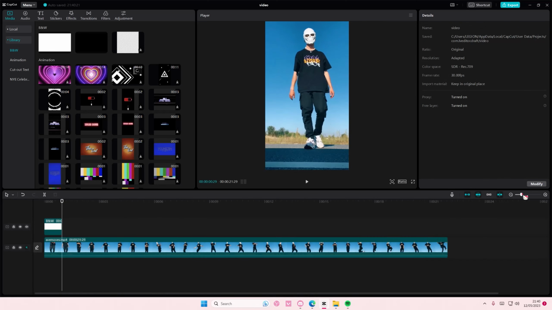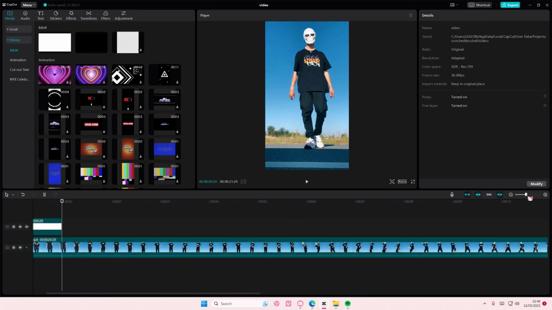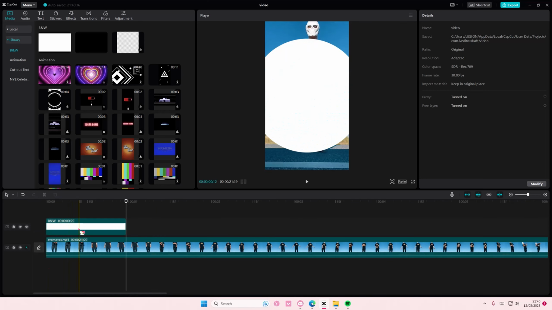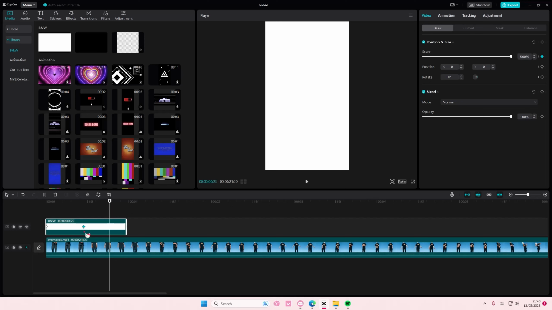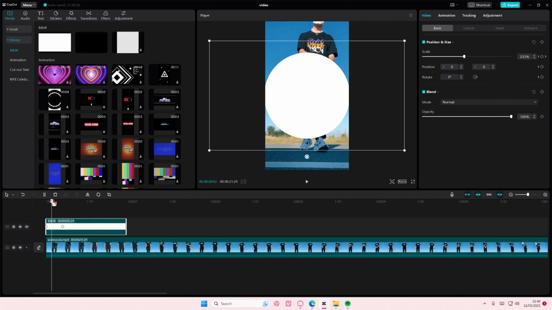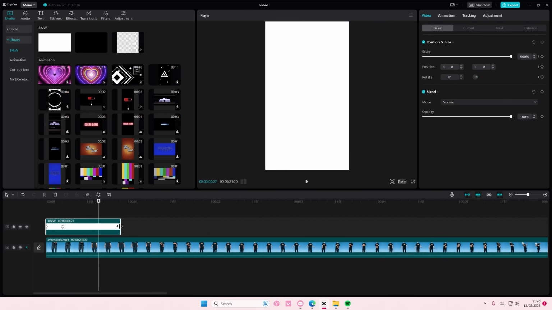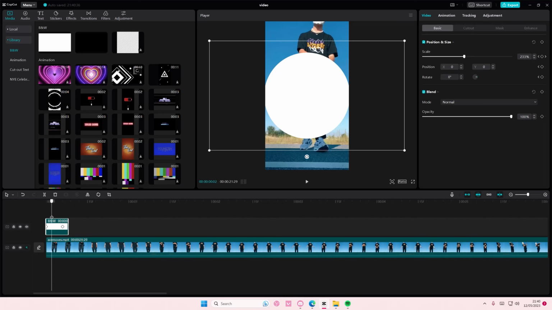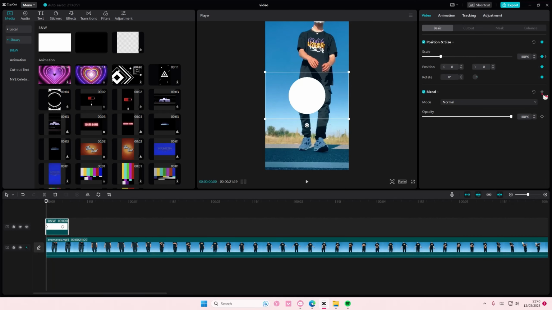If it's too slow like so, just zoom in, go to the flash and move the keyframe closer. And if that's again a little bit too slow, move it closer again. And that's enough. And then I'm going to go to the first keyframe and I'm going to add a keyframe